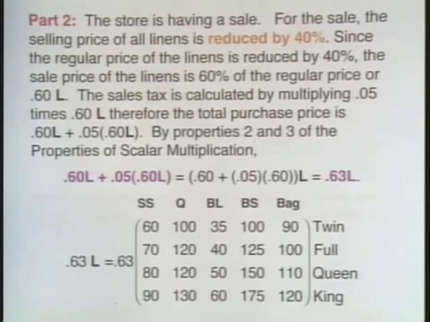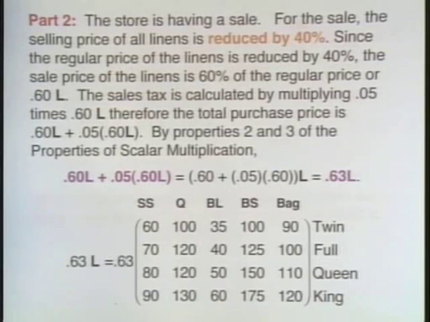Part 2. The store is having a sale. For the sale, the selling price of all linens is reduced by 40%. Since the regular price of the linens is reduced by 40%, the sale price of the linens is 60% of the regular price, or 0.60 L. The sales tax is calculated by multiplying 0.05 times 0.60 L. Therefore, the total purchase price is